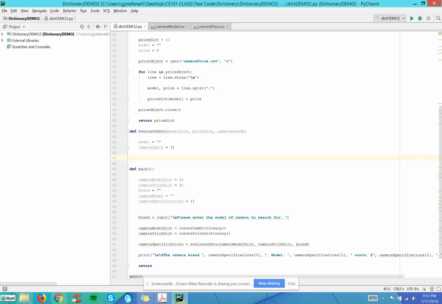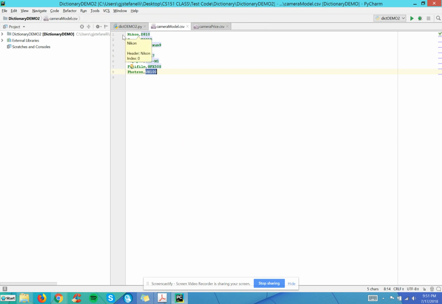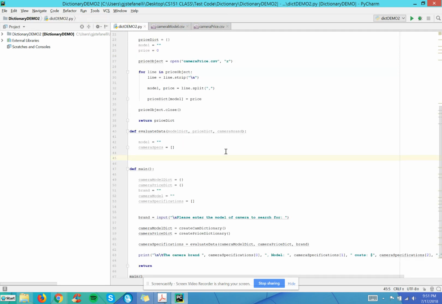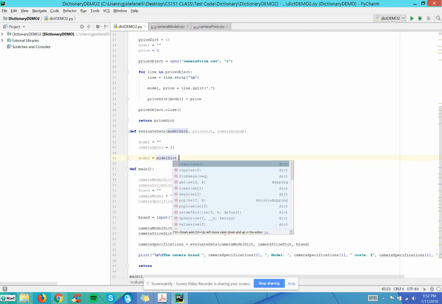Okay, here we go. First thing that we're going to do is we're passing camera brand. Now, if you recall, camera brand, for example, let's just focus on this one line, is Nikon. So we're technically going to be passing into function evaluate data the camera brand Nikon. Now, what we want to do is see if the camera brand Nikon exists as a key in the model dictionary. And if it does, we want it to return the model. If we pass the brand to the dictionary, it should return the model. Okay, so let's go ahead and do our syntax. So model is equal to, this is the dictionary name. Recall we use the get method